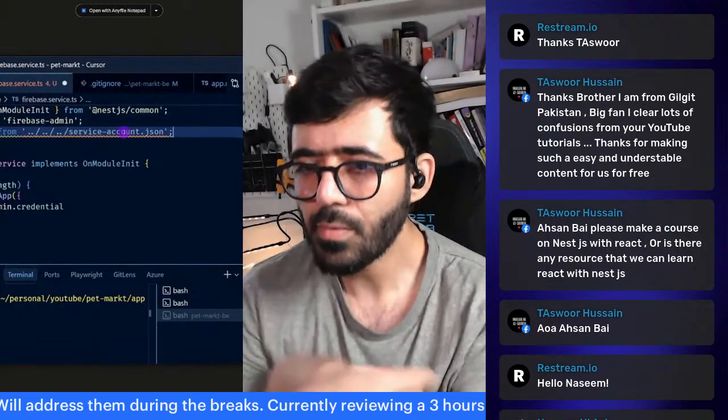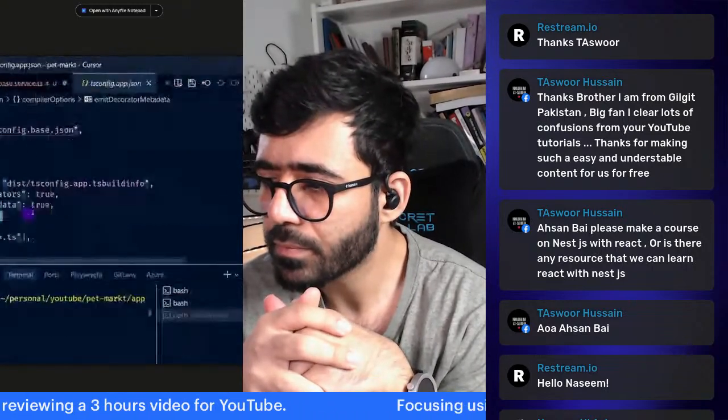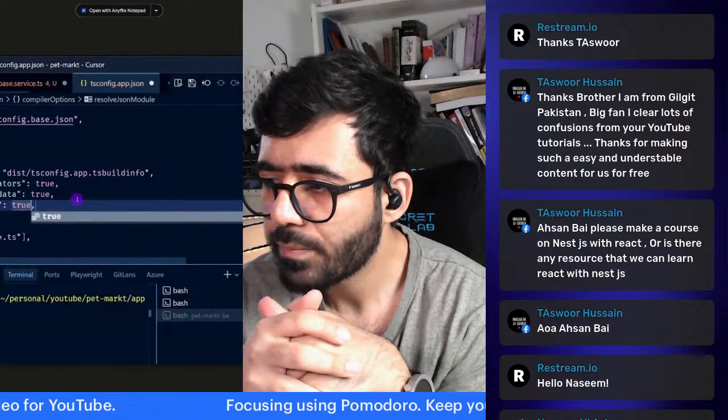Now you'll see that we are not going to be able to import this file because we want to add something called resolveJsonModule to the TypeScript config. So we can do that by going to tsconfig.app.json inside pet market BE, and here you can add that in the compiler options. So resolveJsonModule, set it to true,